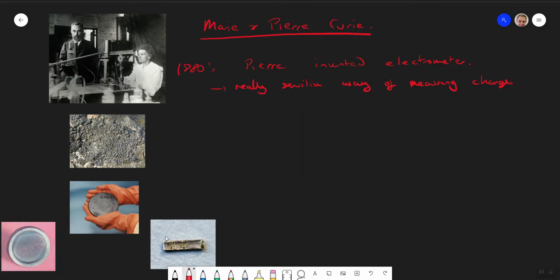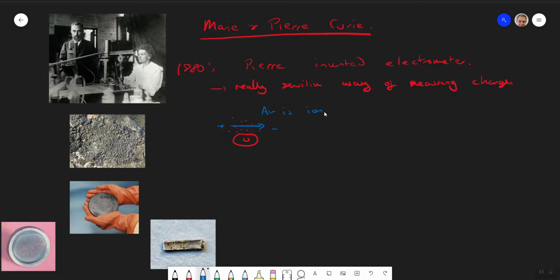And so she first studied this uranium pitchblende. And what she found is that if you had a sort of uranium rock, it turned out that the air around it was able to conduct electricity. So if you had plus and minus, you could get an electric current running through the air over very small distances. But what that meant is that your air